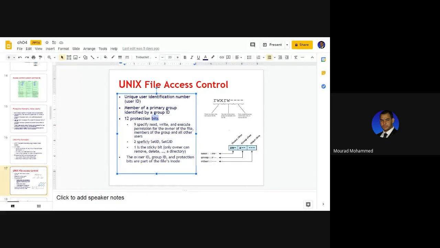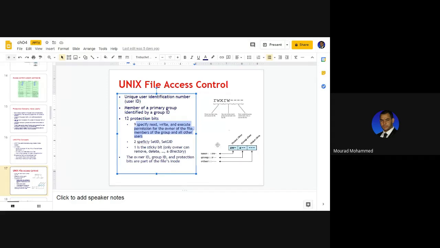The processor understands only bits, zeros and ones. There are 12 bits specifying whether read, write, and execute are given or not for a user, for a group, and for other. Nine specify the read, write, execute for the three: read, write, execute, read, write, execute, and read, write, execute.